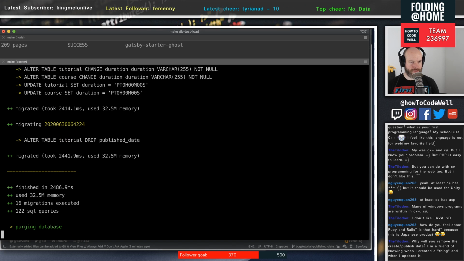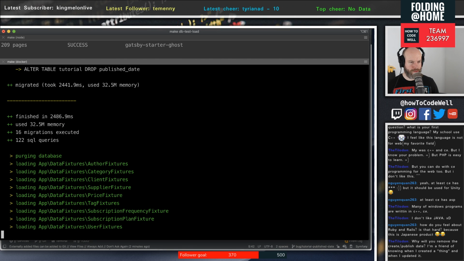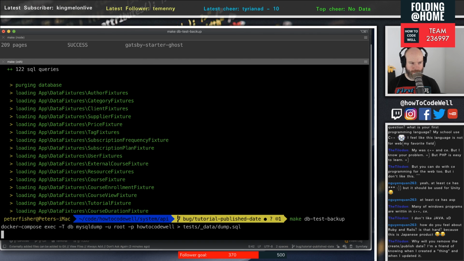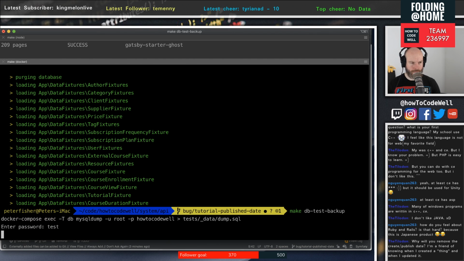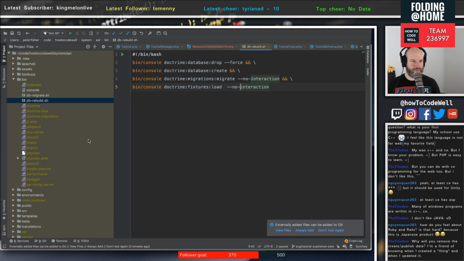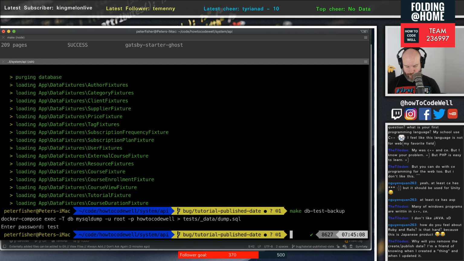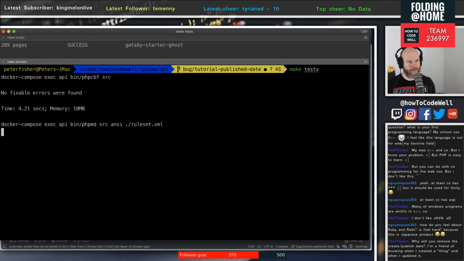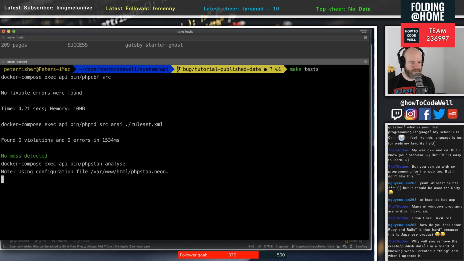And then fingers crossed, all the fixtures will work. Sweet. And then what we do is test backup. Groovy. Okay, which means now, if we clear the screen down, we should be able to do make tests once more, because we've just updated the database schema, and then we've repopulated it with all the new fixtures, which no longer have the tutorial publish date,